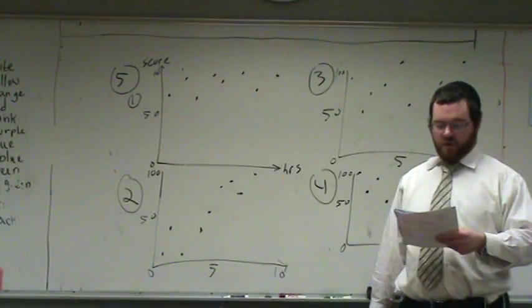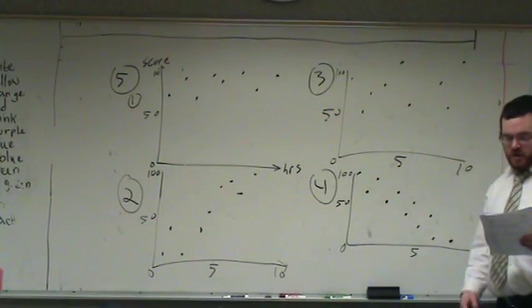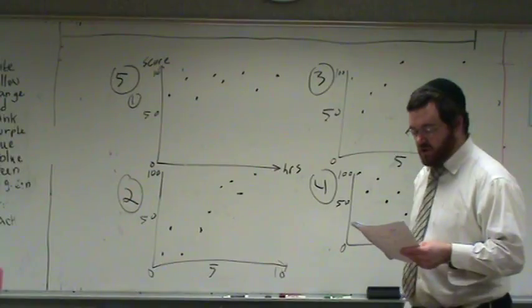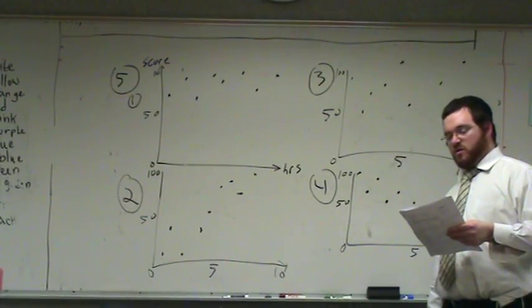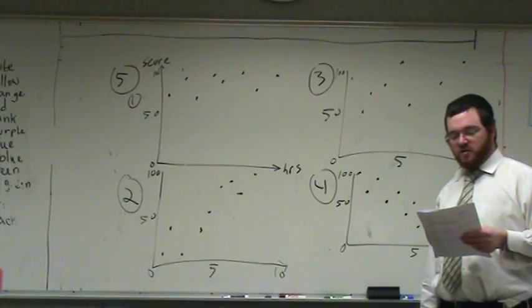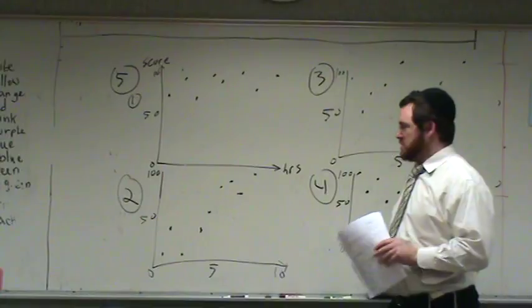Question 5. There is a negative correlation, meaning a negative connection, between the number of hours a student watches television and his or her social studies test score. Which scatter plot below displays this correlation? That means